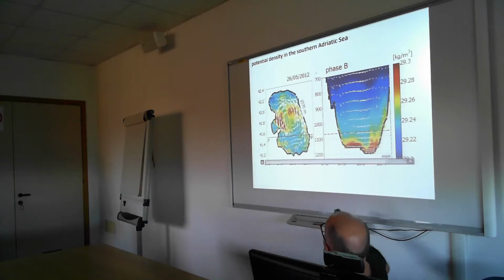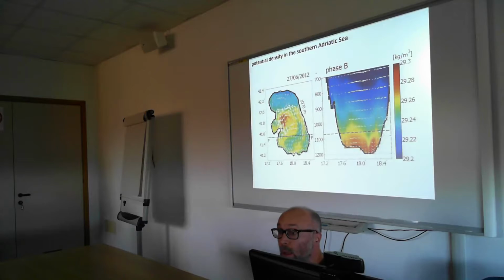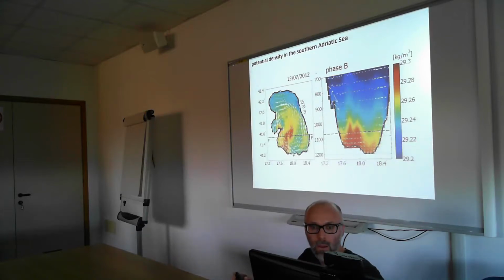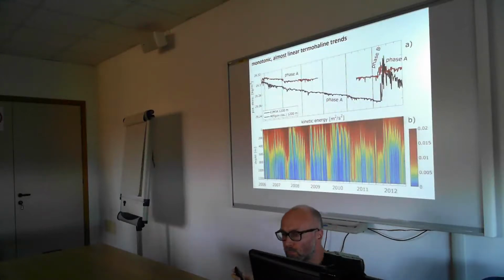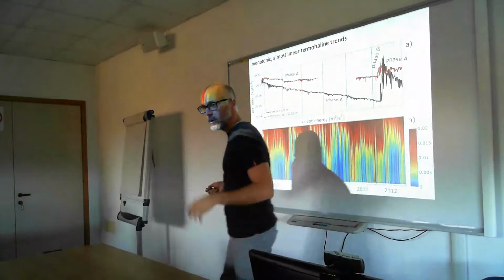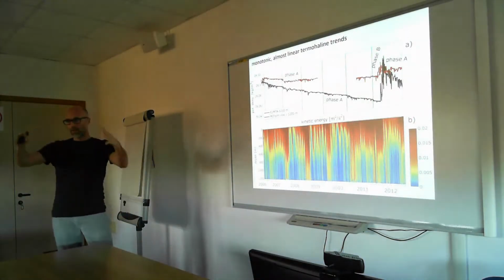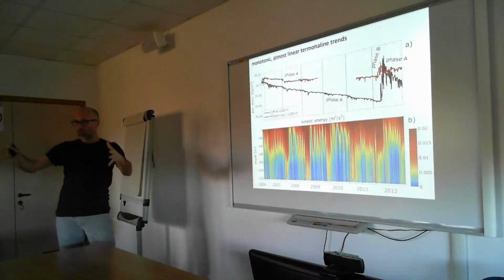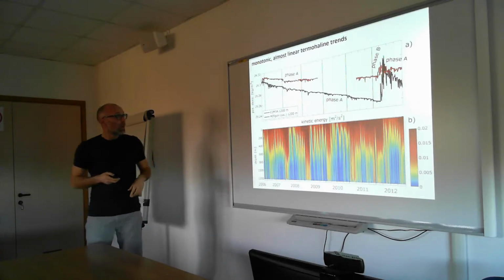And so this dense water fills the pit again, and so the situation starts again from there. Can I ask a question? Yep. Sorry. So you consider the decrease of density, the interannual decrease of density, an internal process of the Southern Adriatic? Yes, yes. That was our hypothesis. It was just a mixing process. And so the lighter water from the periphery of the dome was brought to the inner part of the domain by mixing, and in fact,